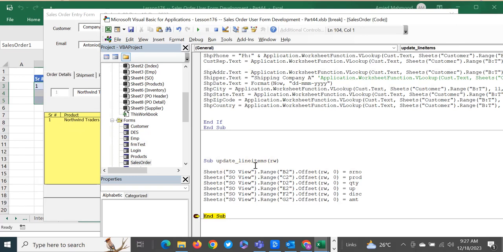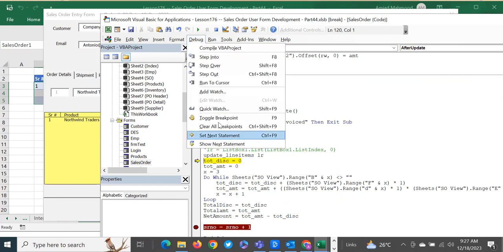It has written everything in here in the SO sheet, and the list box is dependent. It has the source of the SO sheet area. Since that is updated, you don't have to worry about anything because it will update itself, right? Now let's press F8